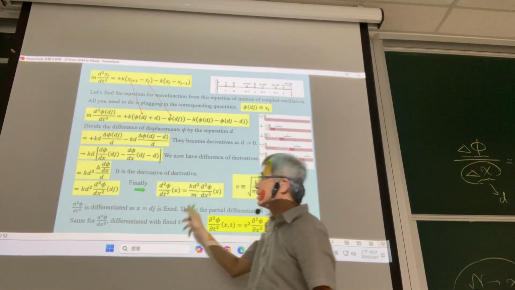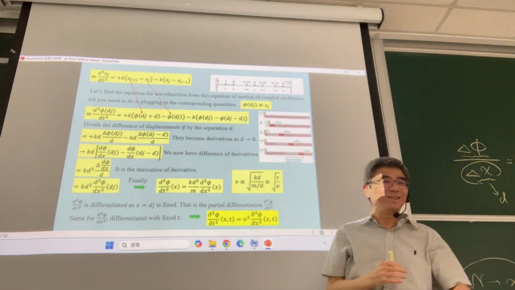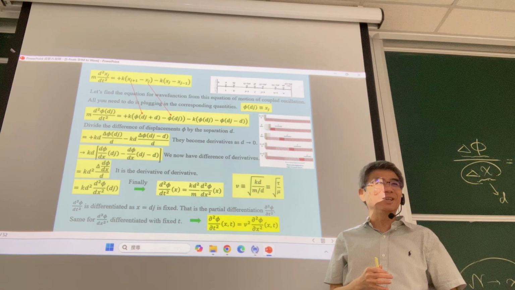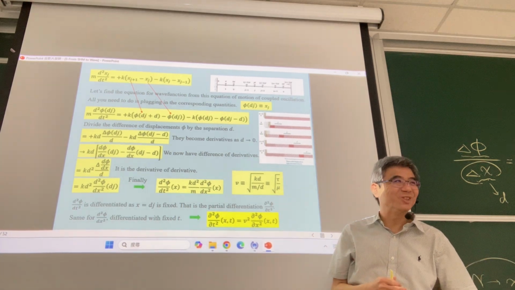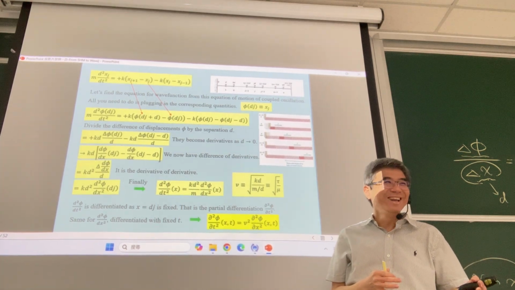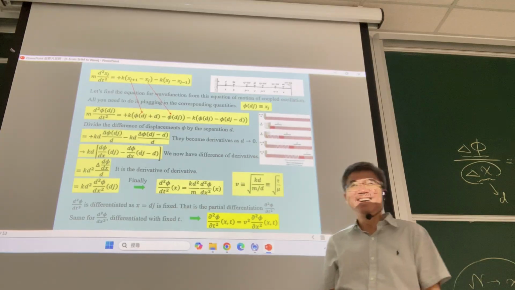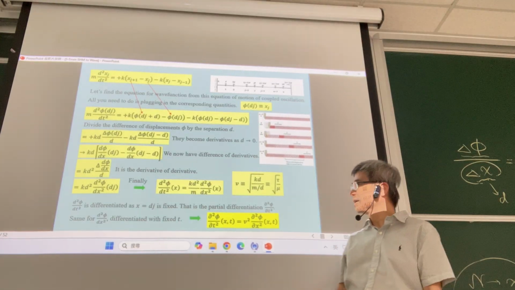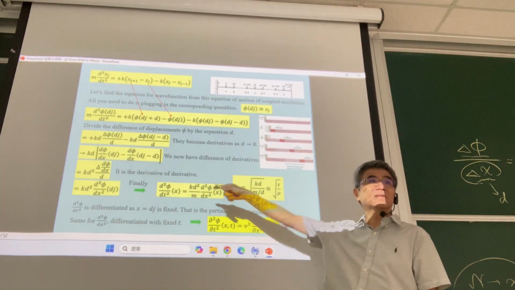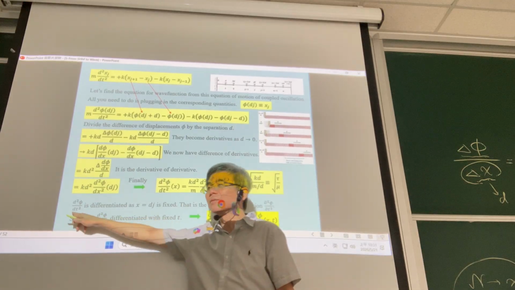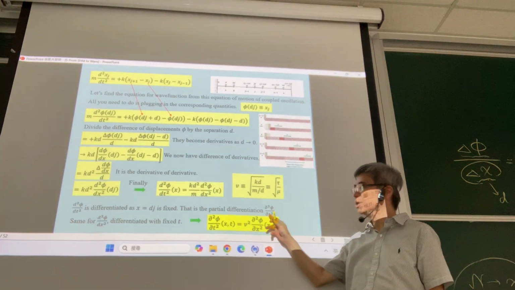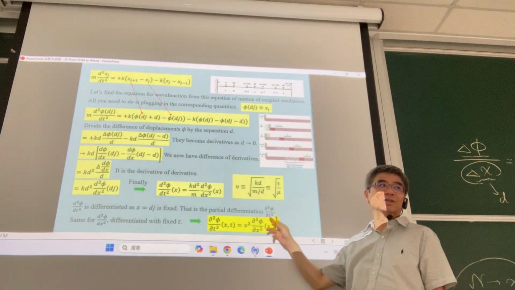Oh, you remember from your calculus. Your classmate just told me last week you just finished partial differentiation in your calculus, right? Okay, so that's great. It's a good timing. Then I can directly tell you this second derivative of dt is actually written as partial differentiation with respect to